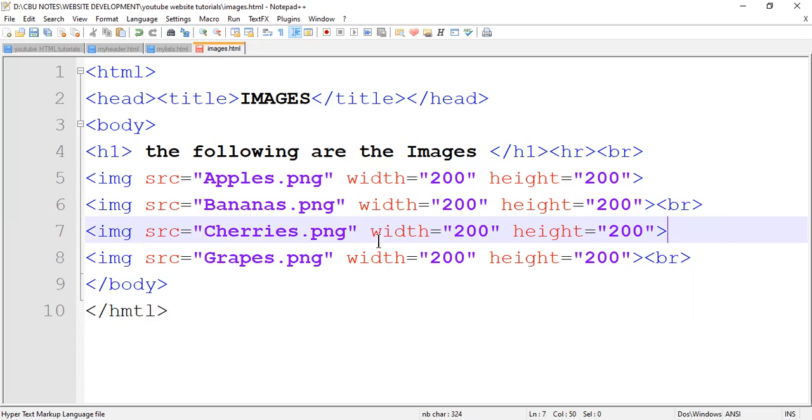Once you make changes to the web content, you must always save. Okay, once you save, you go back to the web browser and refresh. You will click on refresh, then you see what I'm talking about. Yes, this is what I'm talking about. So people, this is how you put the images on the web page. Remember, we're trying to understand